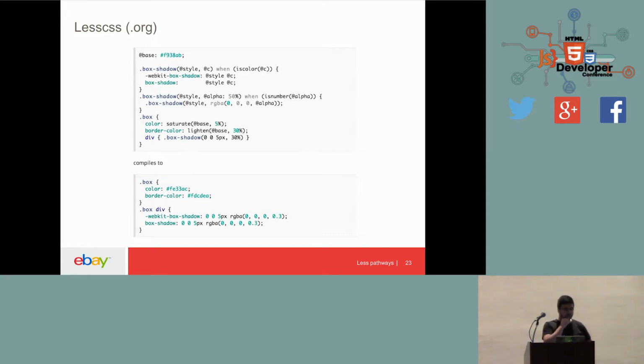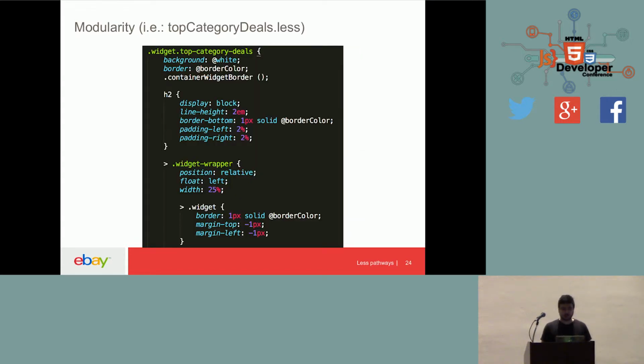In terms of modularity, Less allows us to write really, really atomic code. If you have any kind of widget, for example, the top categories, which was the one that has multiple items on it, you can have its own file, which contains code that looks something like this, and you have everything really isolated.